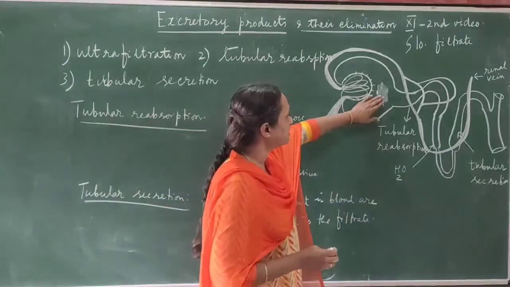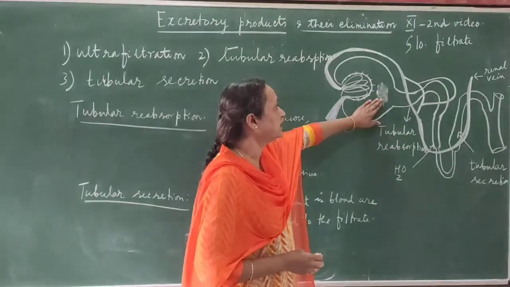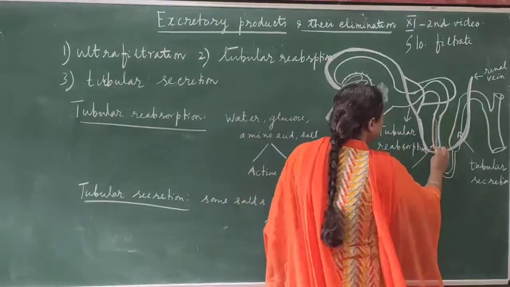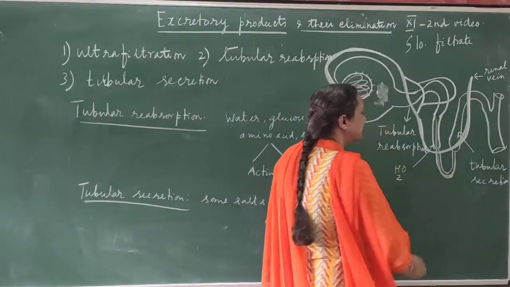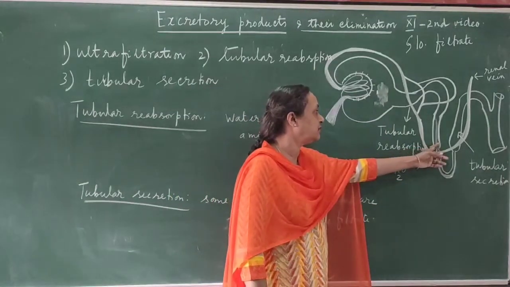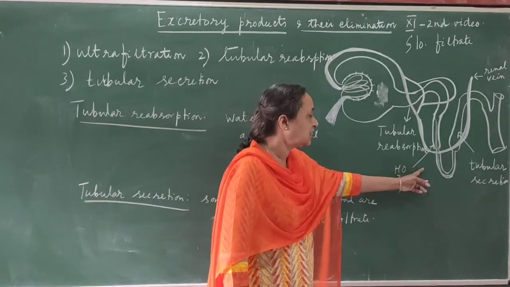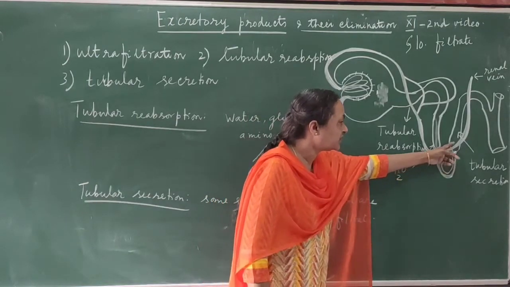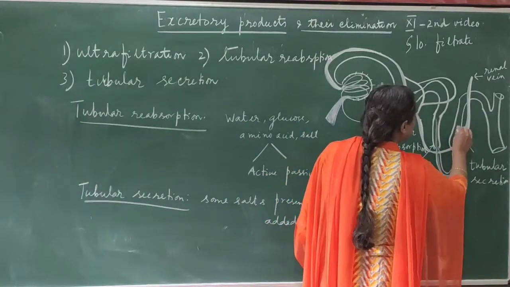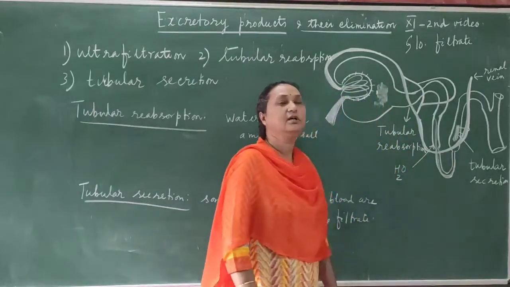And the urine which is produced here is called the primary urine, which is diluted, having a large amount of water. But as the urine is moving to this part, gradually it is becoming concentrated. Why? Because the proximal convoluted tubule is responsible for absorbing the maximum amount of water. So the urine which is becoming concentrated here, now here some of the salts will go outside and then the urine will be diluted.